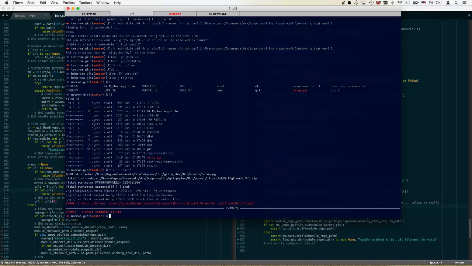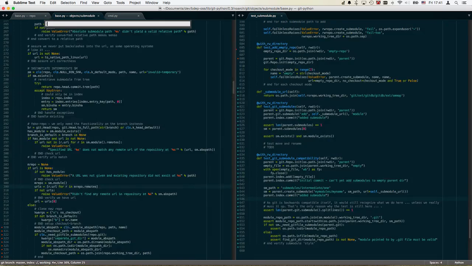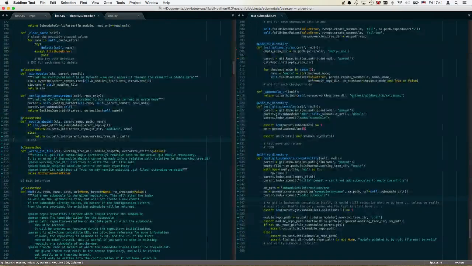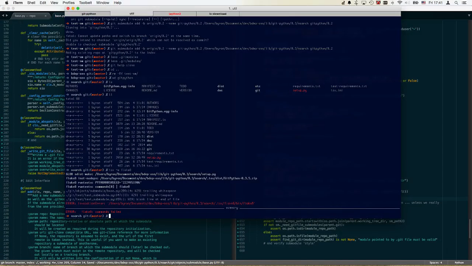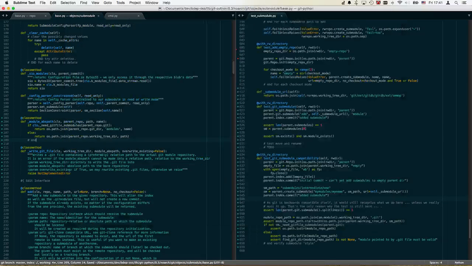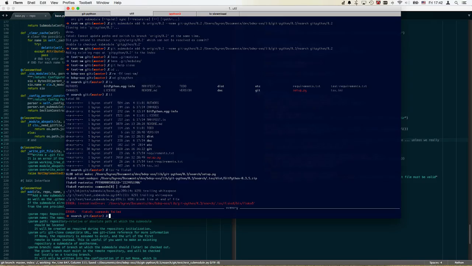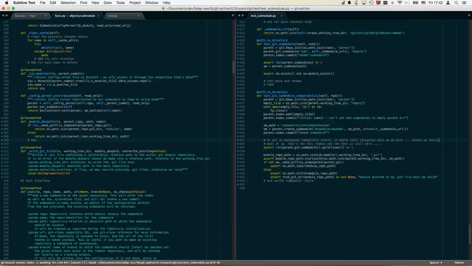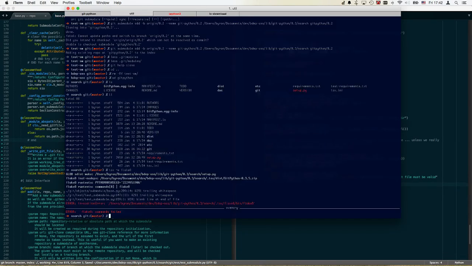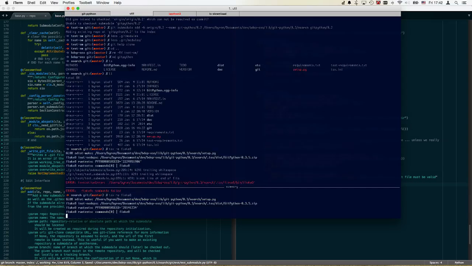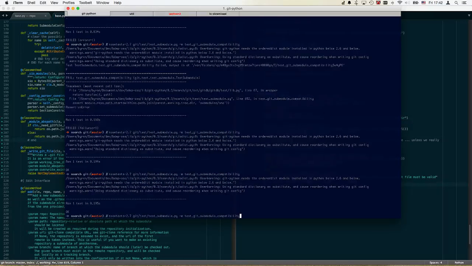Astonishingly few things. Base 209. Trailing whitespace. Test submodule 647. Trailing whitespace. Blank line at end of file. Sorry. And that shall be fine now. Awesome. Not much more change, but let's run the